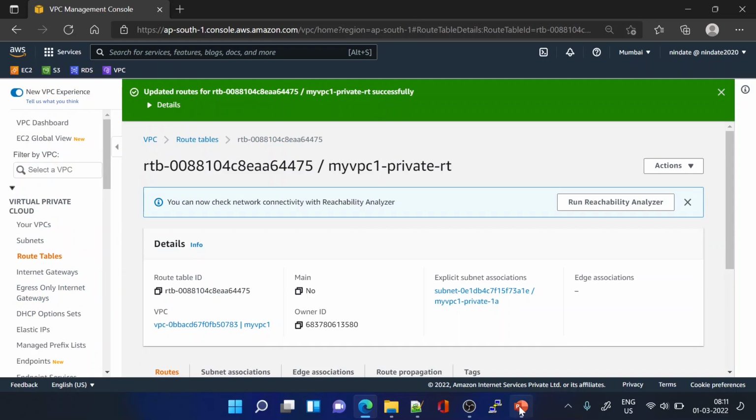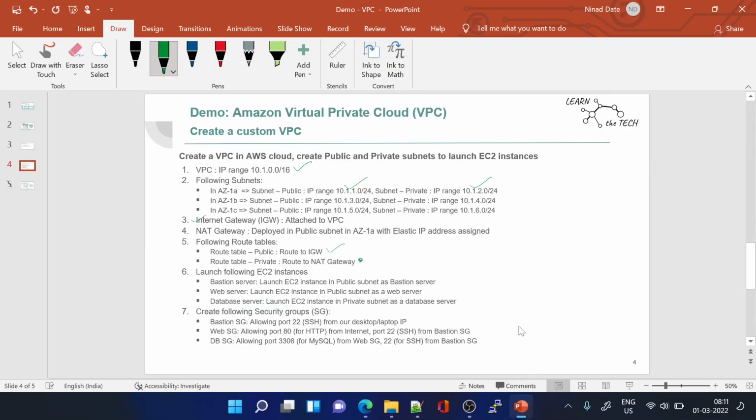Now if we see what we have completed, we have created a NAT gateway also, and in the route table attached to the private subnet, we have added a route to the NAT gateway. With this, what we have established is a public subnet in which we can launch EC2 instances, and from the internet these EC2 instances will be accessible, and from the EC2 instance also it will be able to access the internet, right? So this is one thing. And then we have also created a private subnet,